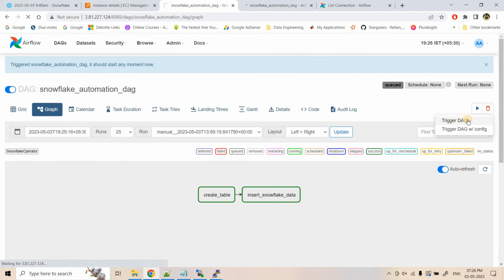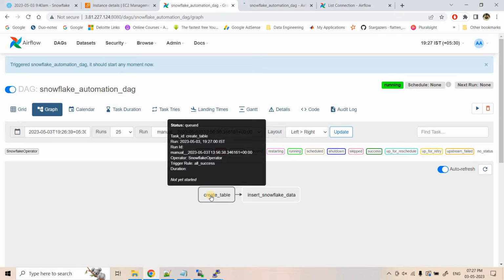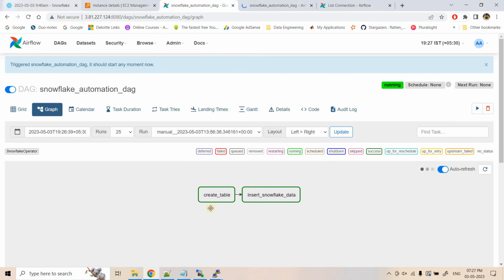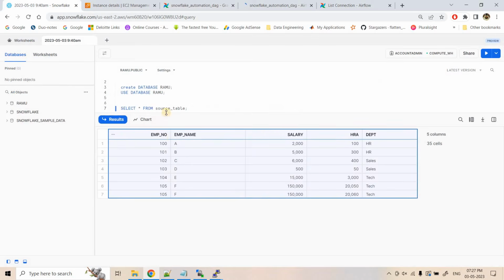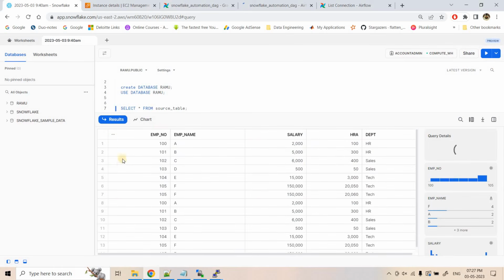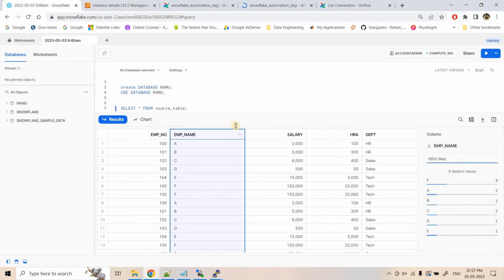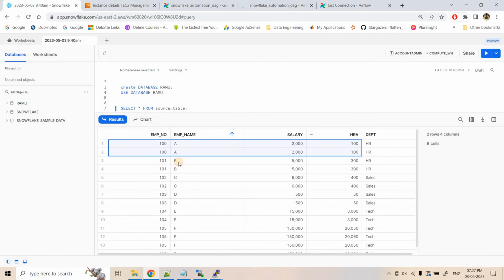So here what I will do, I will trigger the DAG and see it just now changed the color also. It is green color now. That means both codes executed. So here now if I execute, I should see 14 records. See, earlier it was 7. Now same set of records got inserted again, so it got duplicated. Okay, so if I just sort based on employee name, here you will see that AA, then BB, CC, DD